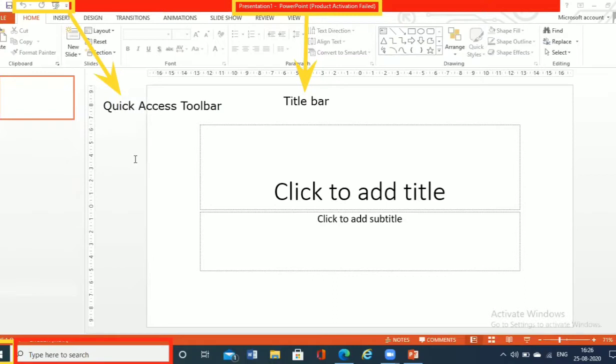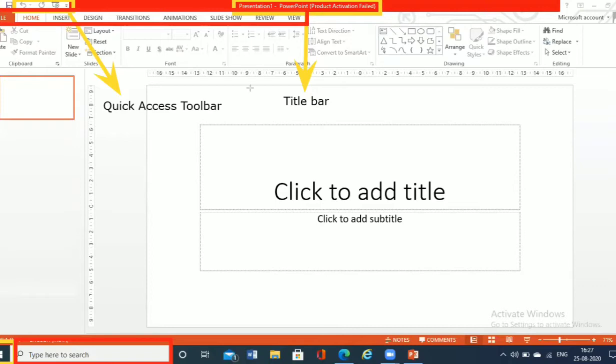Moving forward, we have tabs here, as you know, which we have already done in Word. We had tabs there as well, and we have tabs here as well. So what are these? These are tabs. Tabs are the ones which help us by giving different options to perform on.